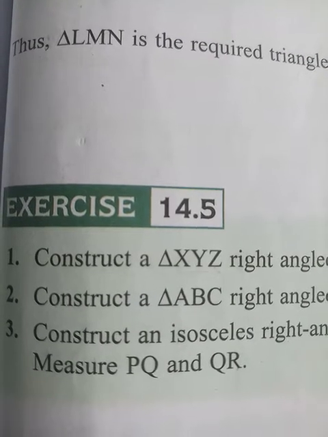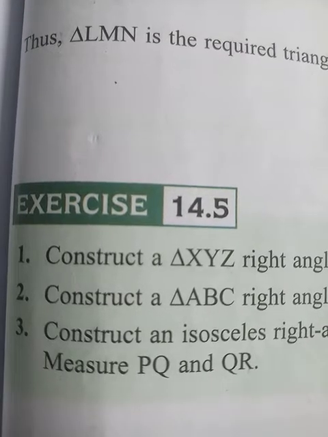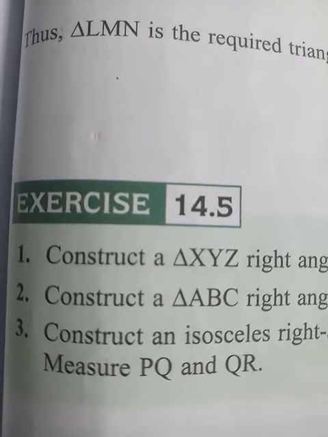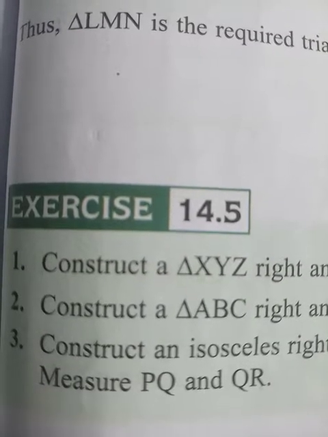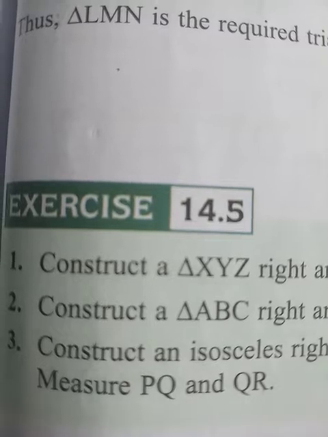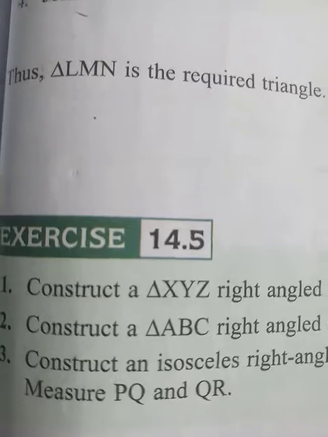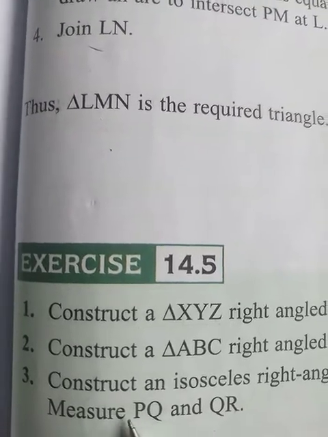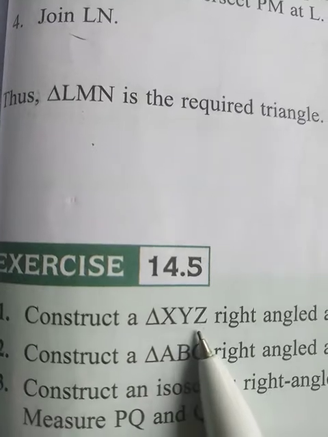So beta, as you know that we are doing chapter number 14, that is practical geometry, and we are on exercise 14.5. So today we will start this exercise. In this, beta, we will learn about the construction of a right angled triangle. Okay, clear? So the first statement as it is given: construct a triangle XYZ where